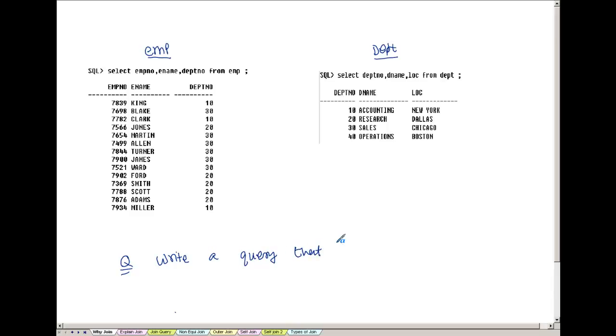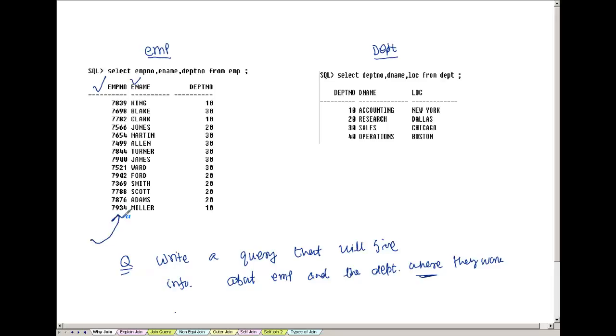that will give me information about the employee and the department where they work. That means what I want from this table is employee number, ename, and also the location where they work. Right? So essentially if I do a select from this table, I cannot get